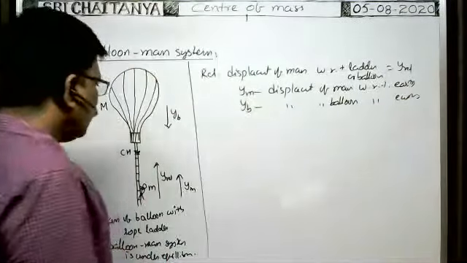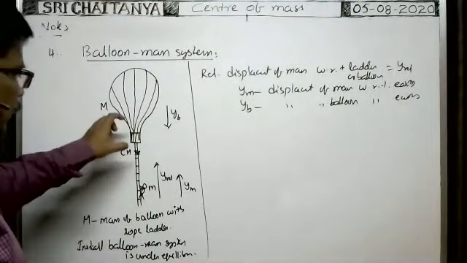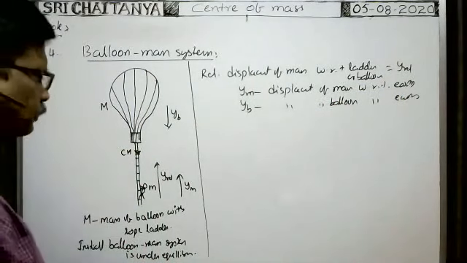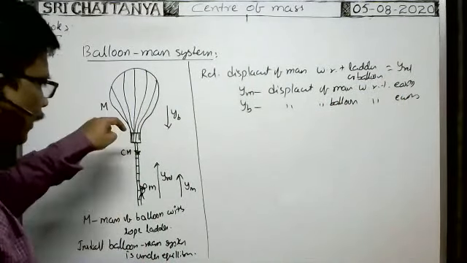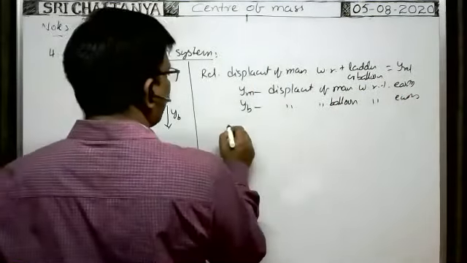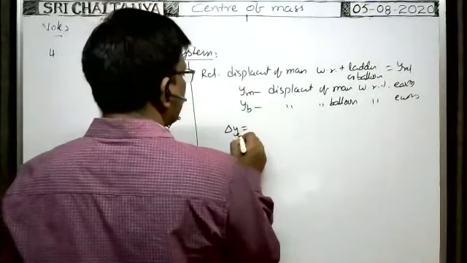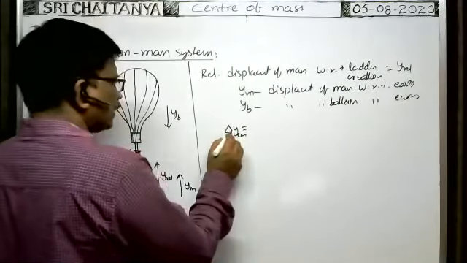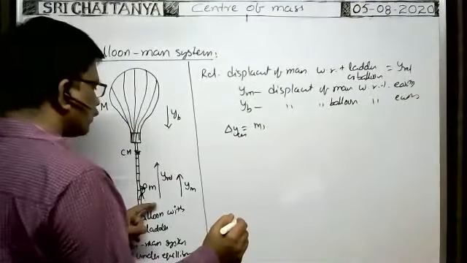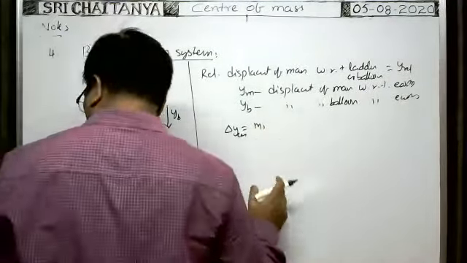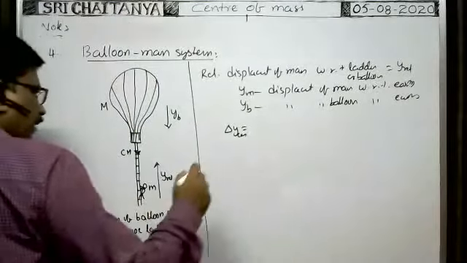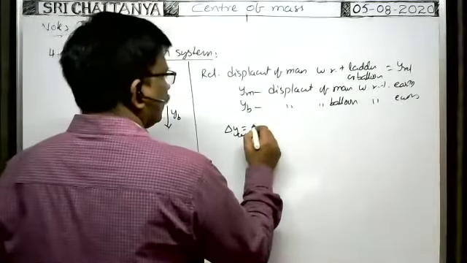Okay. Now whenever the man climbs the ladder, he pushes the ladder downwards. That is the internal force. As the internal force does not alter the state of the center of mass, delta y CM is equal to 0. No, actually delta y CM means m1 into the displacement of the man upwards. Sorry, the mass of the man is small m. So the mass of the man m1 y1 plus m2 y2, like that.